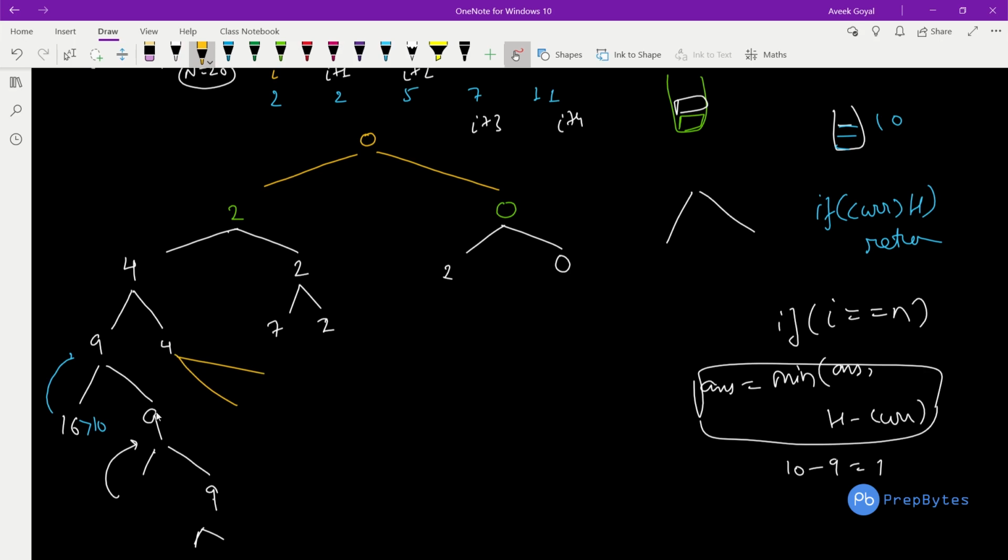Fine. So for this particular scenario, we included I equal to 1, here we included I equal to 2, here we included I equal to 3. So here it is nothing but 4 plus 7, it becomes 11. So we will go back because 11 is greater than 10, and here we will not include 7. Here we will include 11, so 11 plus 4 is 15. And here we will not include 11, so it is nothing but 4. So what is the height? It is nothing but 10 minus current height, so it is nothing but 6.